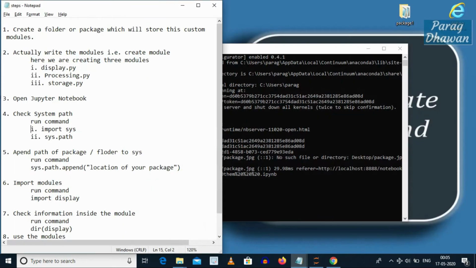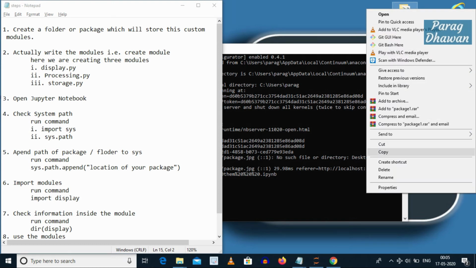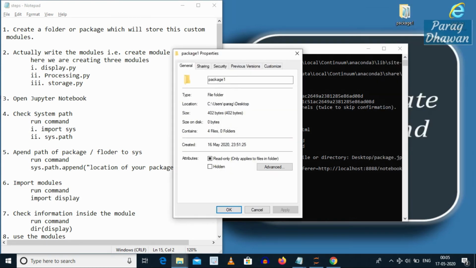So we need the path of the location of our package. Go to the package, click on properties, copy the path.